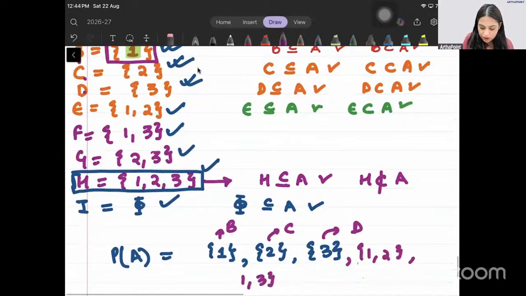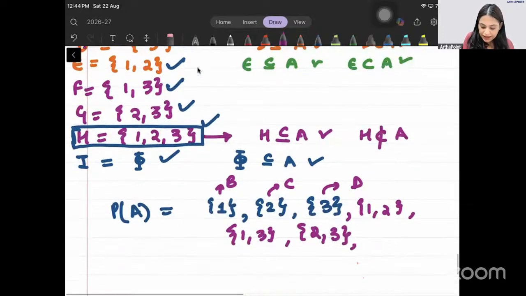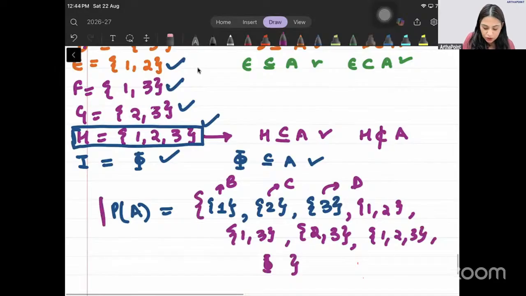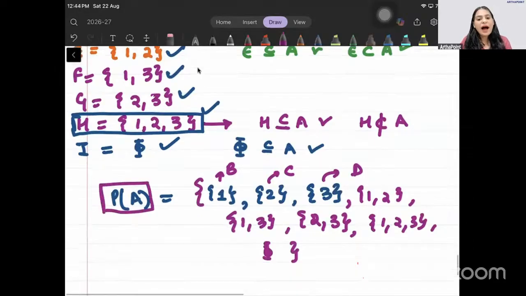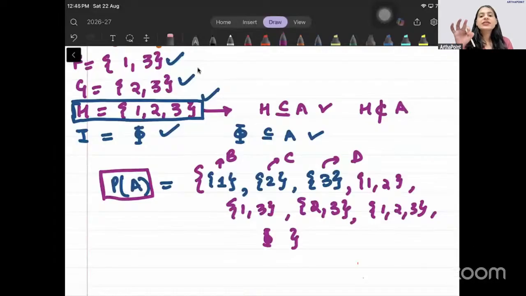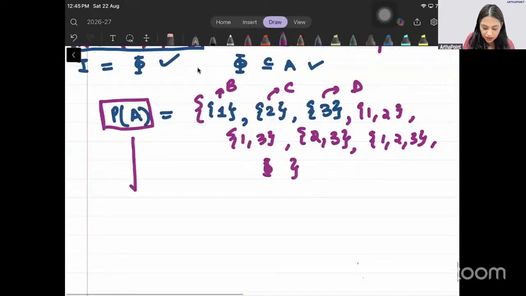F is also an element of the power set. G is also an element of the power set. H is also an element of the power set. I is also an element of the power set. So then this will be called a power set. Power set means it is the set of all subsets. If I bring all of the subsets together in one place, what I will get will be called a power set. So power set